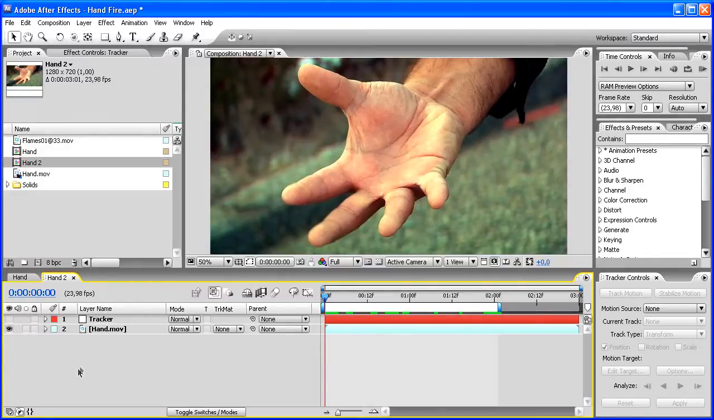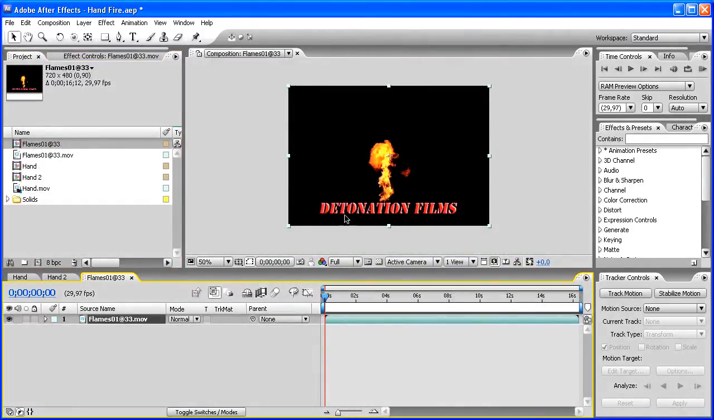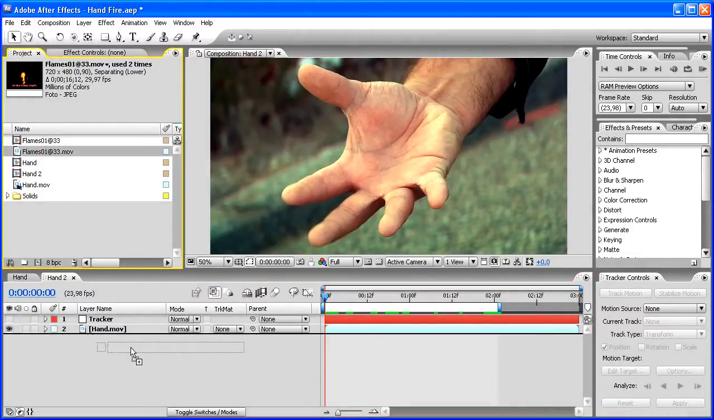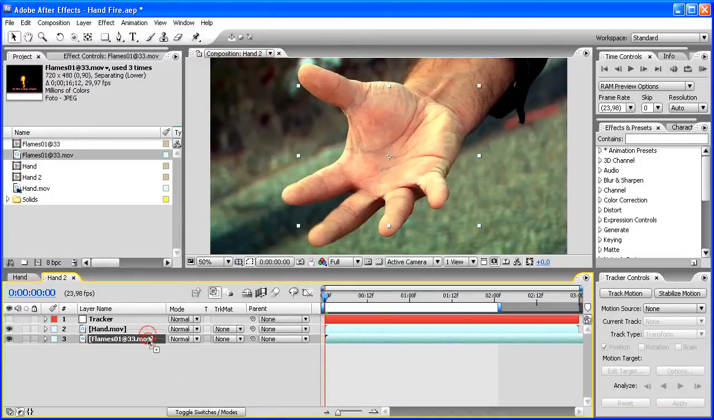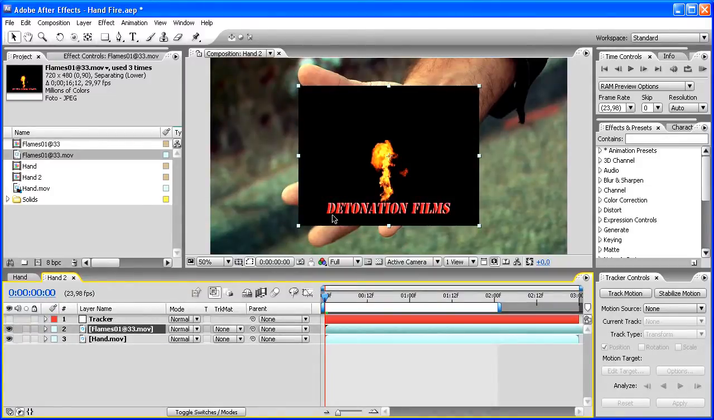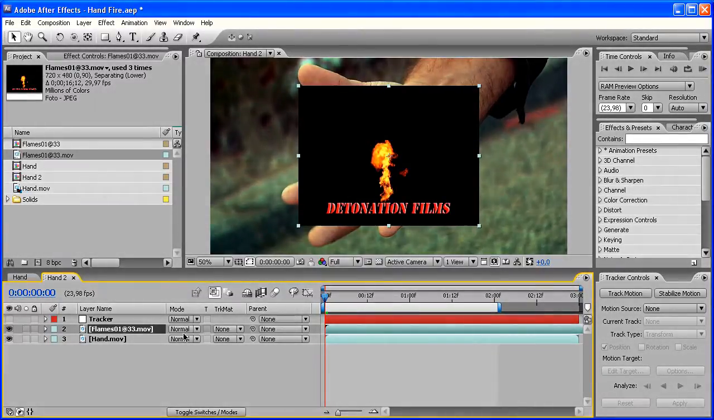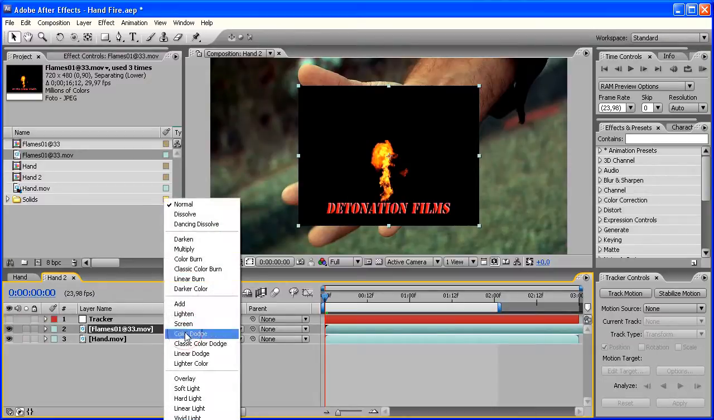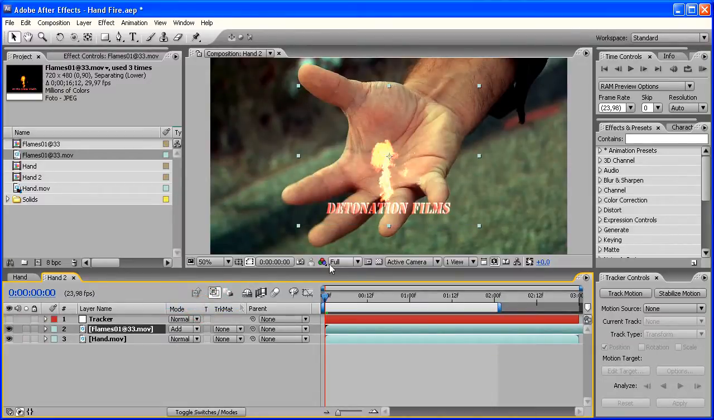So our next step would be to import the flame footage. Now there's footage like this on detonationfilms. We pull in our composition down here. There's footage like this on detonationfilms.com. You can just go there and download it. It's a really cool website with lots of flames and gunshots. I really recommend it. We're going to set this layer's transfer mode to add so that the black disappears,